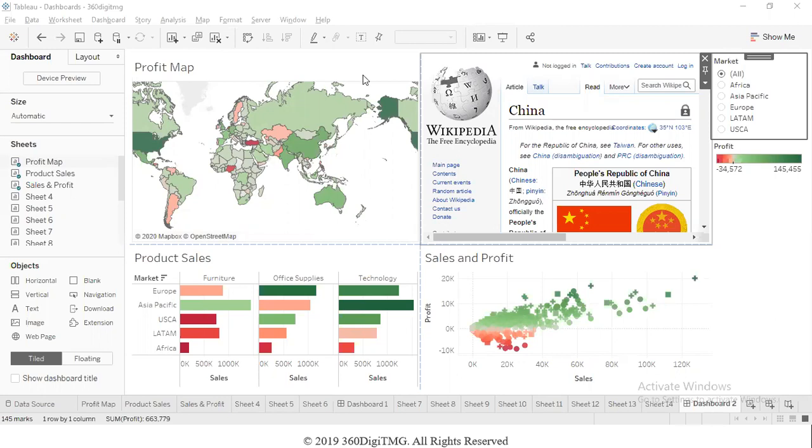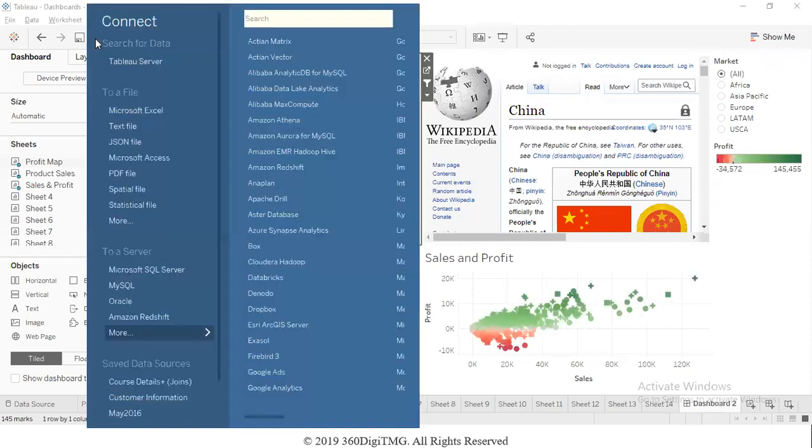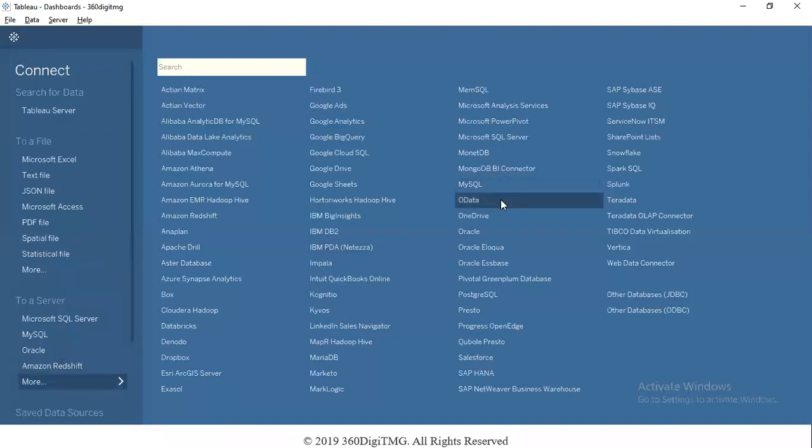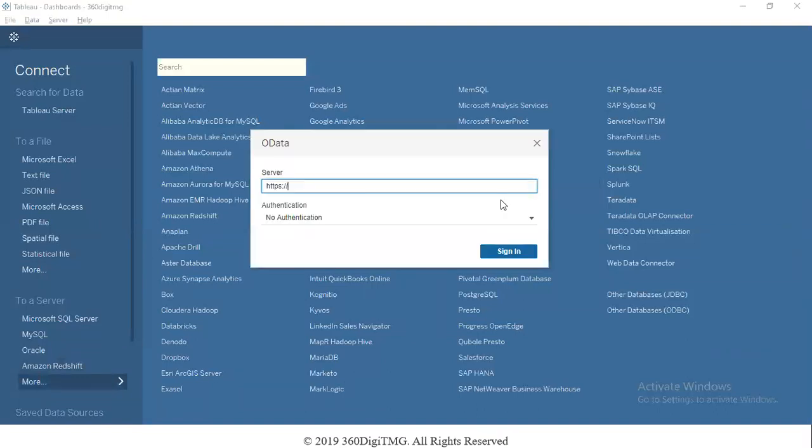From a web page, then the data has to be brought in depending on how the web page is configured. Some web pages can be accessed using OData. If it's open data, we can use OData and give the link of that web page from where we are trying to bring the data. It could be, let's say you want to get data from some open source website where the data sources are being given. Then you can just give the link and get the data.